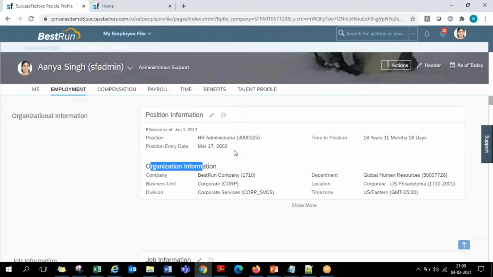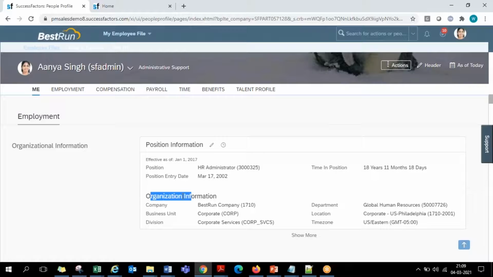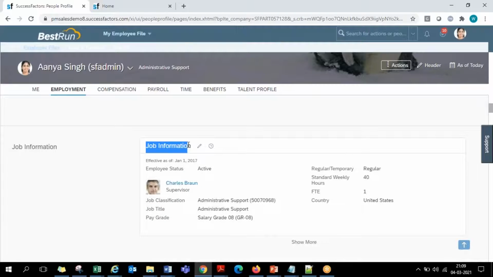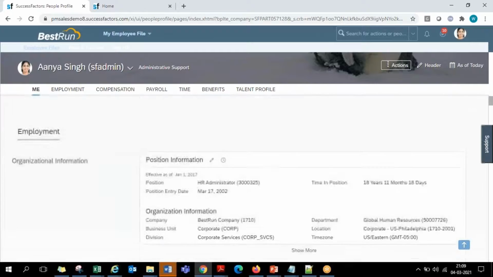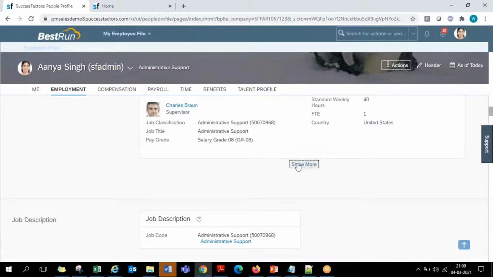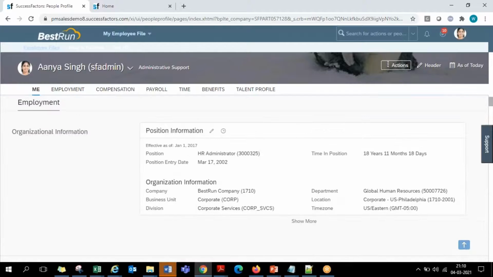So end of the day, I'm again repeating, all these are part of the job information: the position information part, org information part, and even the actual job information portlet part. All these are actually part of the job information portlet itself. In the manage business configuration, when we see all these three under job info, org info, position info, what all fields you see, and even going down the line, you will also have some time information fields. These time information fields all come under one single portlet. On the front end, they will be divided into these multiple parts from a UI perspective.